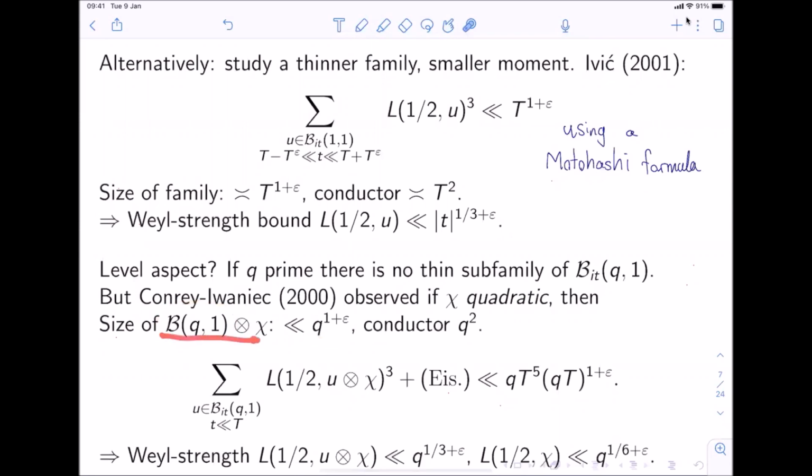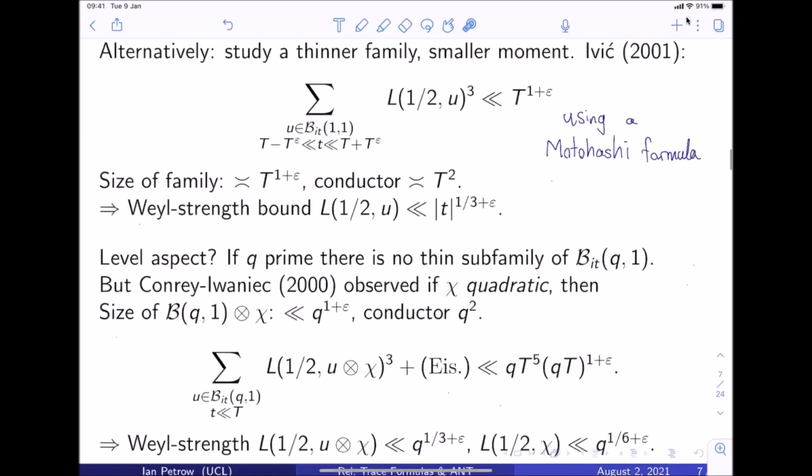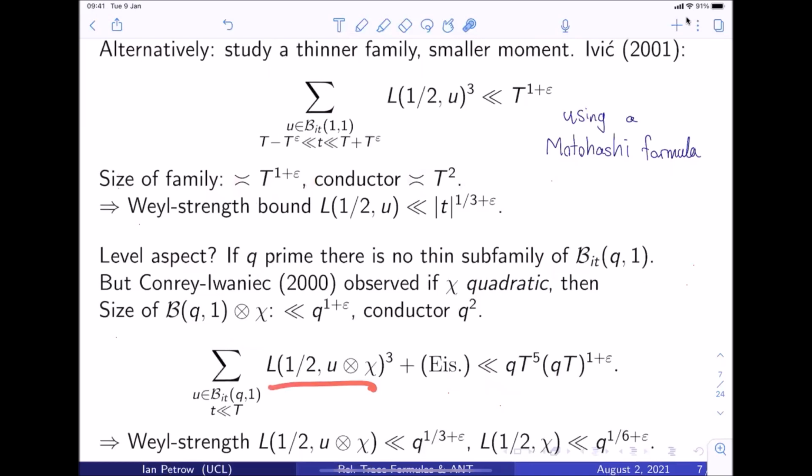But now all the forms here, these twisted forms, are all conductor Q. So at least if I'm dealing with conductor Q squared, where again Q is a prime in this example, I've got a situation like this where I've got a thin family with large conductors. So using this, they were able to prove a